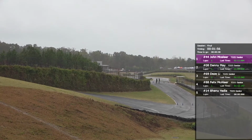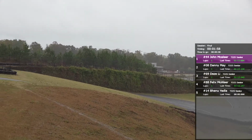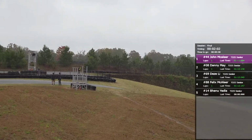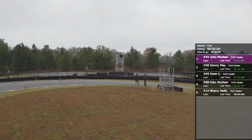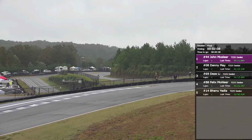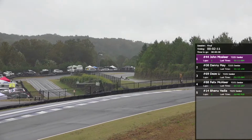John McAleer still leads it. I believe that's Desi Lee in the 69 running in second spot. We'll have to confirm that when they come across the scoring loop, but that's what it looked like from our vantage point. There's your leader. I think we lost our S's camera for the moment anyhow. We'll work to get that